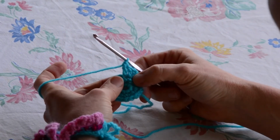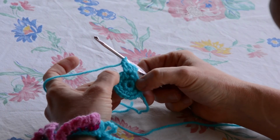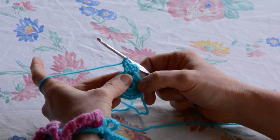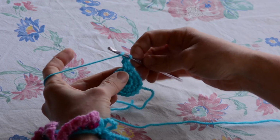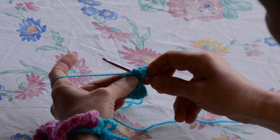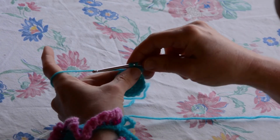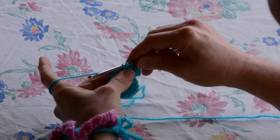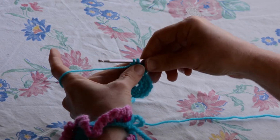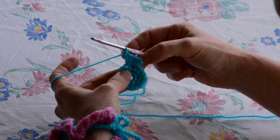We're going to be doing 16 total stitches in this round, so we'll be doing 2 stitches in each of our single crochets. So I'm going to yarn over, and I'm going to poke my hook right back into the same spot, grab a loop, and then we'll yarn over, take 2 off, take the last 2 loops off. Okay, so now we've got 4